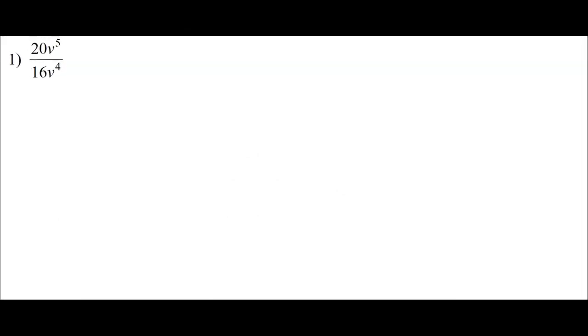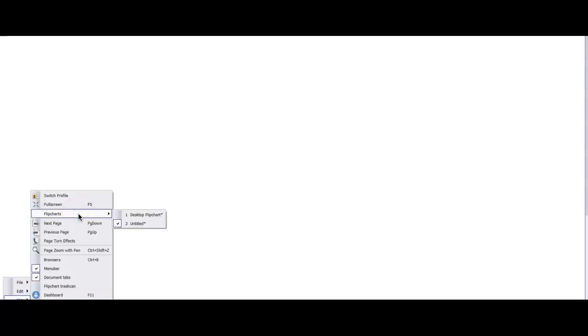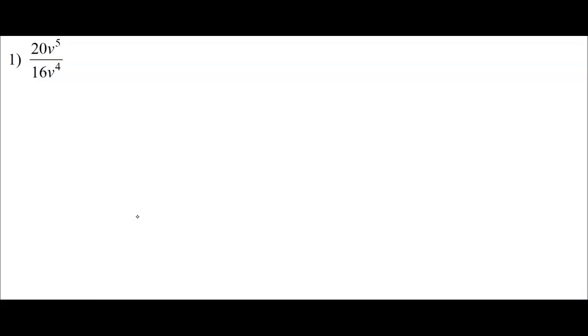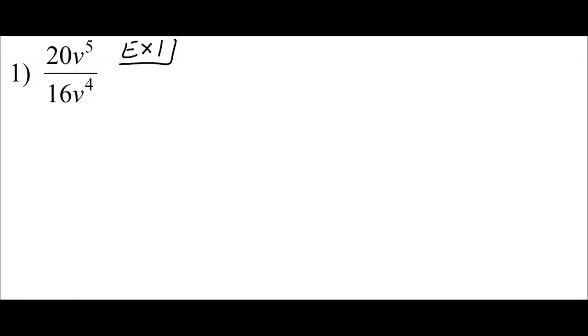This example 1 here. Where'd it go? So we'll call this example 1 here. Go ahead and write that down. Okay, so